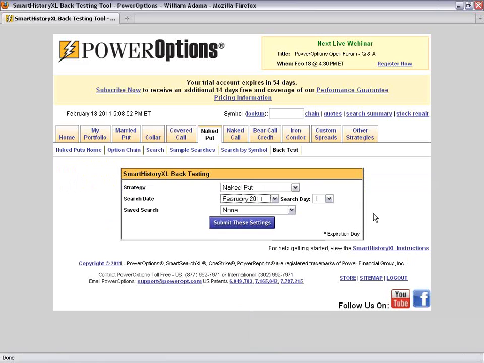I'm going to select February, and I'm going to run a search on February 7th, which was the first Monday. Tuesday was February 1st, so February 7th was the first Monday. And we're going to run our search on that date to see which securities had weekly options. Now my list might be a little bit truncated, but that's okay.